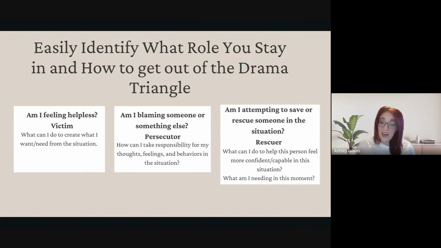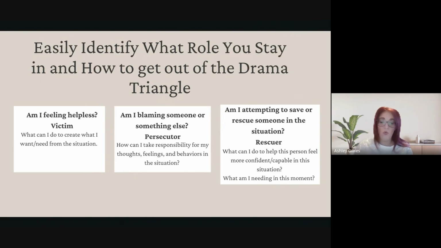I have things that I do in session when things get really heavy that most of my people don't even realize that I'm doing, that what I need in the moment. Okay. Like, you have to do the same thing. If you are going to not rescue somebody, but if you're going to help someone be more confident and capable in a situation, you also have to take care of yourself or you're going to get burned out really, really, really quickly. Okay. So this is a simple question to ask yourself in any situation.